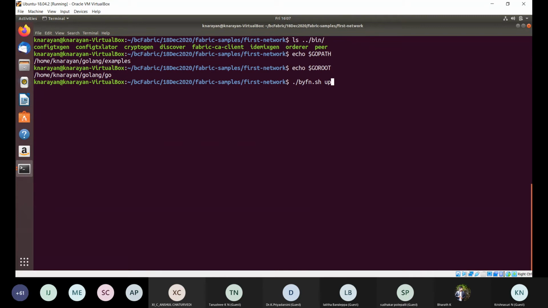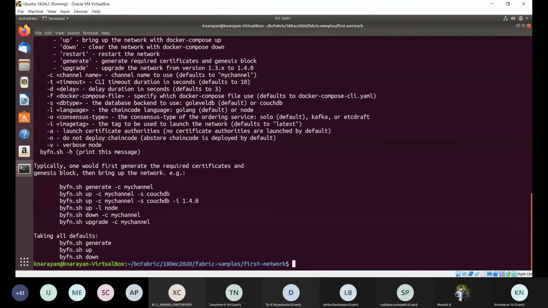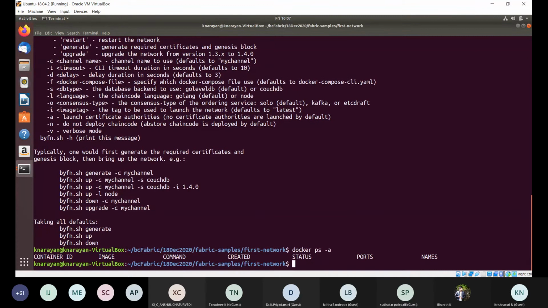If you run this, you can see the different options. You can generate the identities, certificates and all using byfn generate, and up is to bring up your service. Before I bring this up,